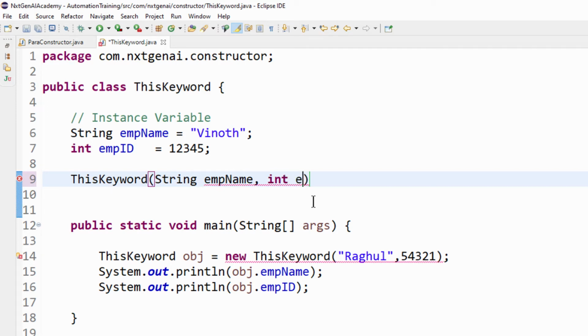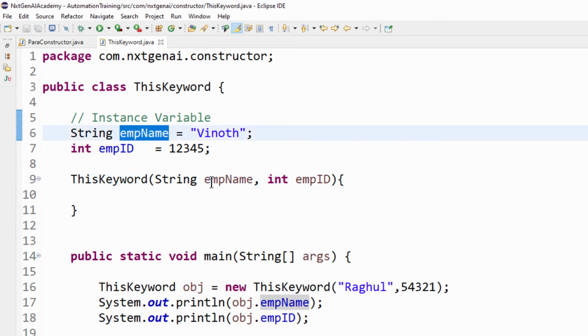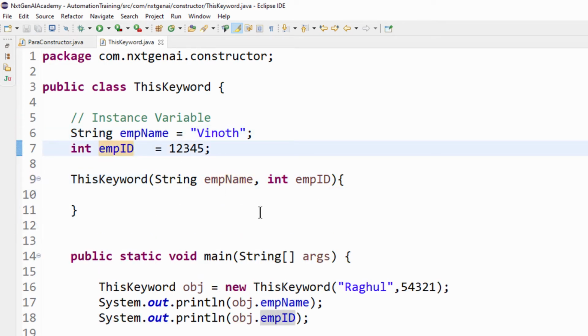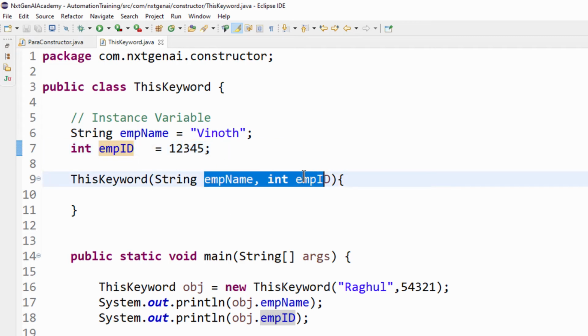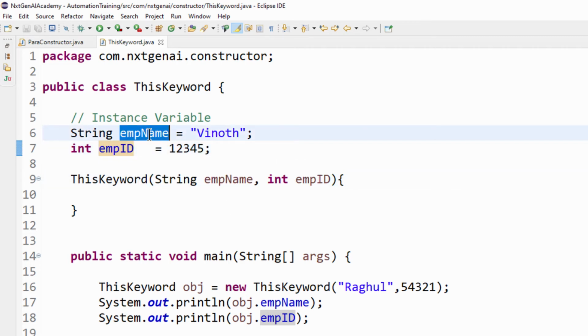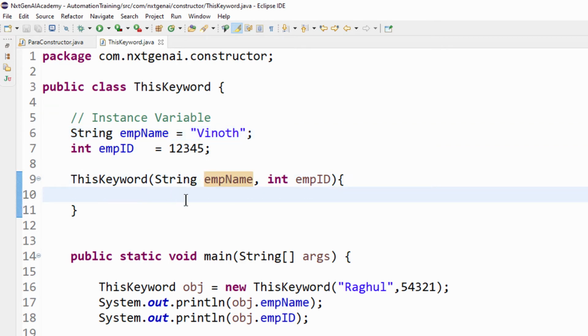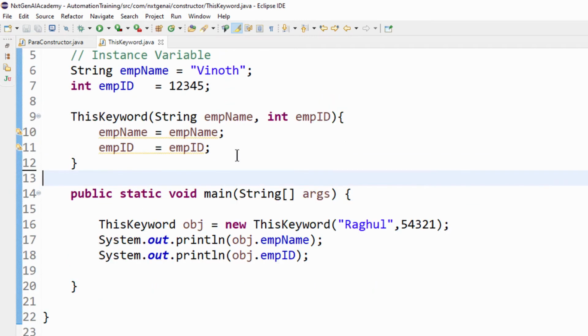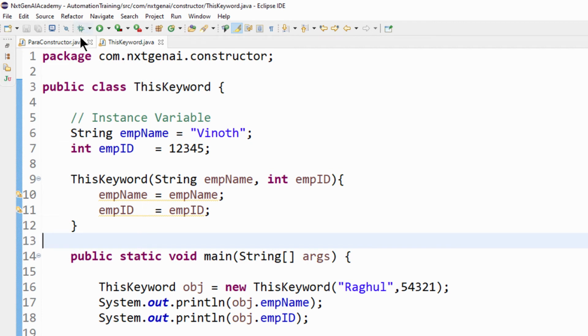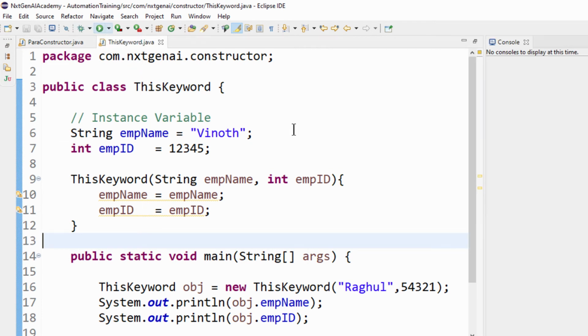Now we are going to use the same name. Here both the instance variables and local variables are the same. You can see the color: for instance it will be blue, for local it will be brown. Next step, let's try to assign the value. First we will execute without this concept, then we will compare and learn.